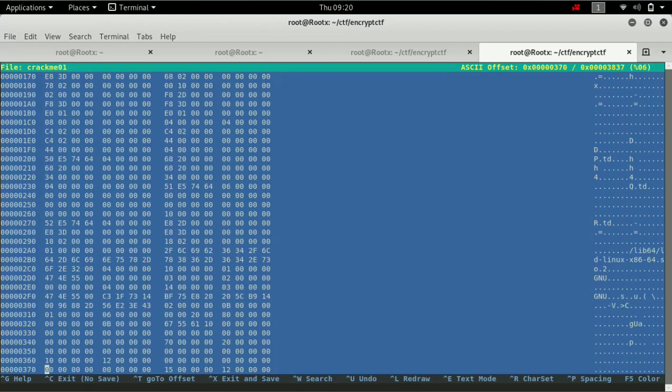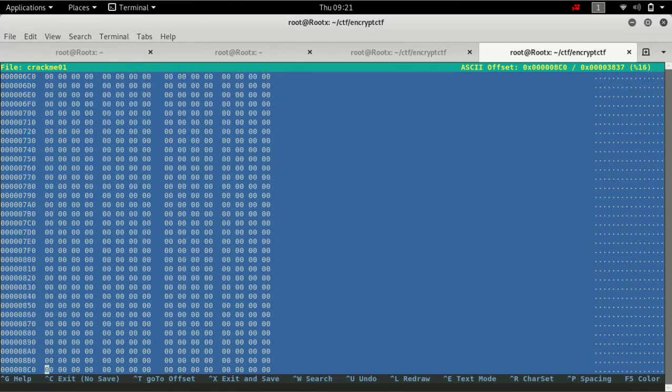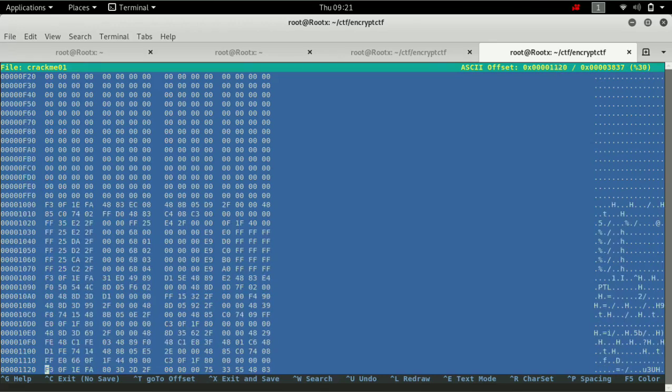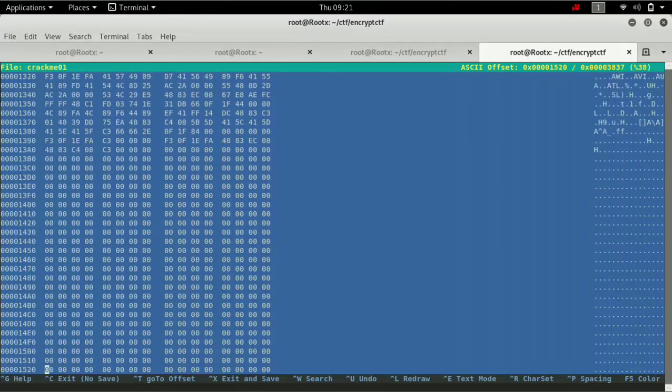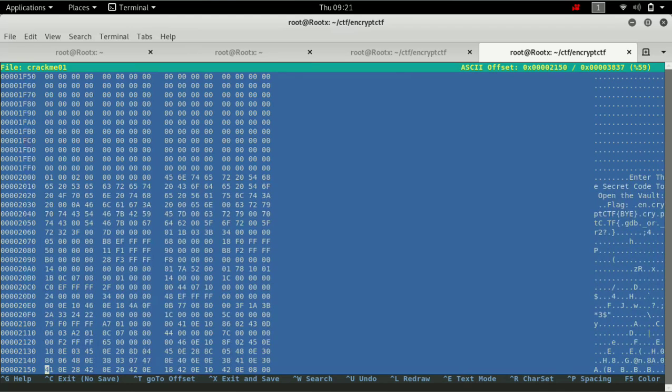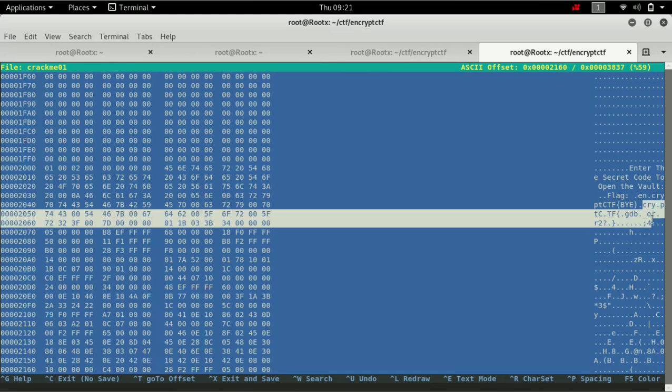Okay, there are a lot of strings. Okay, here is the flag. The flag is encrypt CTF, GDB or R2.